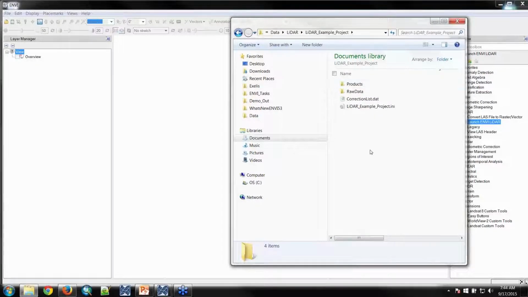And this project is a kind of self-contained set of folders, directories, and data products that ENVI LiDAR uses to read the LiDAR data. So this .ini file is essentially the metadata file that contains all the information needed for ENVI LiDAR to read this project. So if I just go ahead and drag this into the ENVI display,